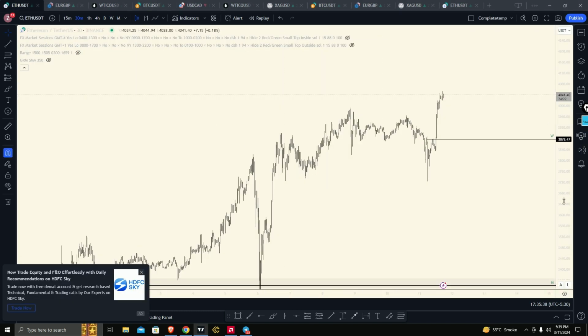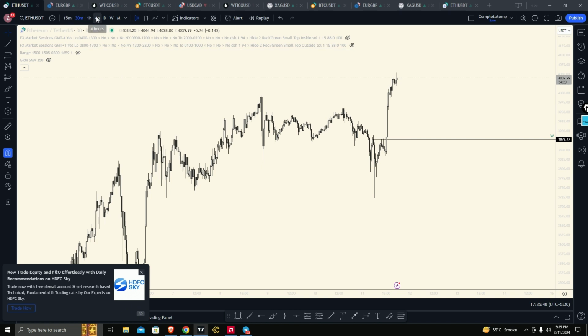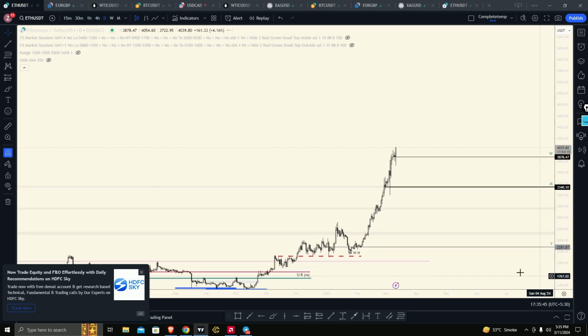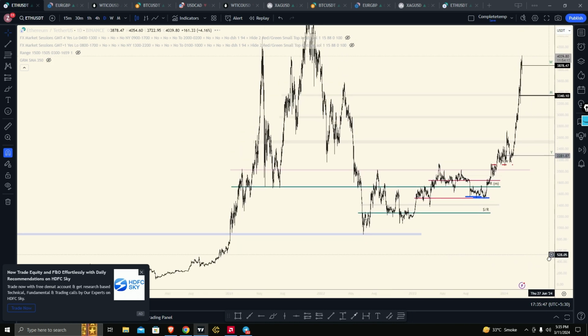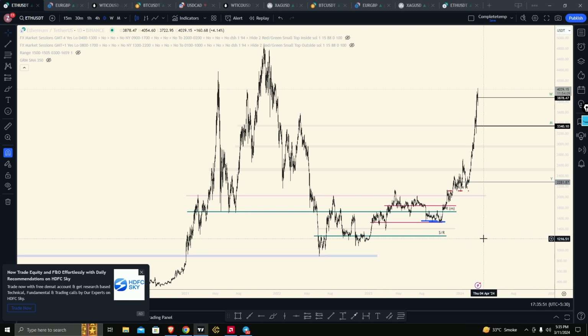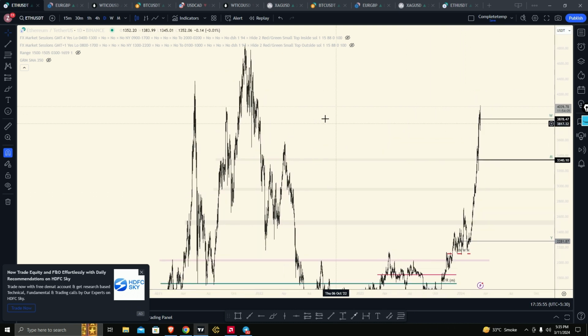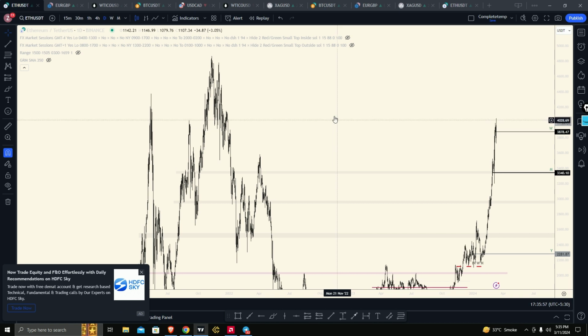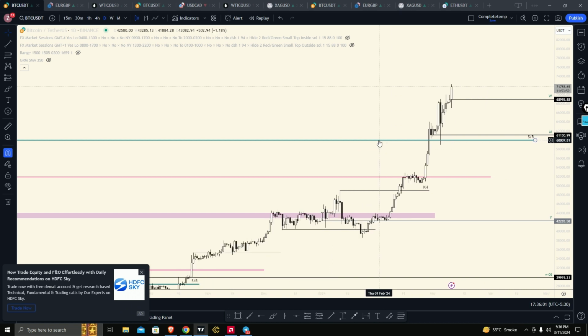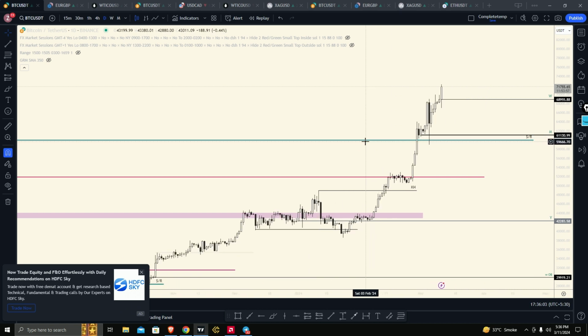Coming over here, this is just to watch the price action on the H4 and on the M30 and mark some of the key SR levels, which you will see all over the way. All over the way up, you can see some kind of an SR. I have not updated my SR, but at this point in time, I don't really care about SR on crypto. I just want the weekly move and I would be done with it.